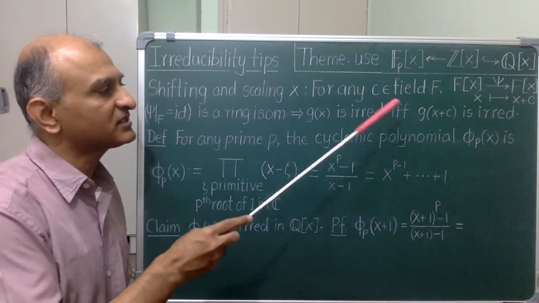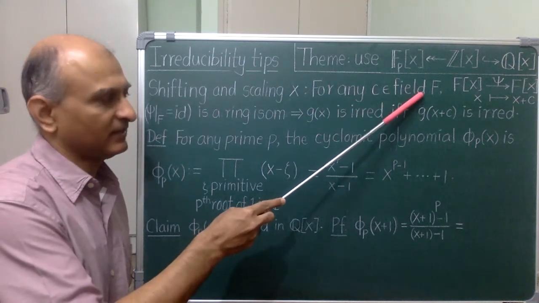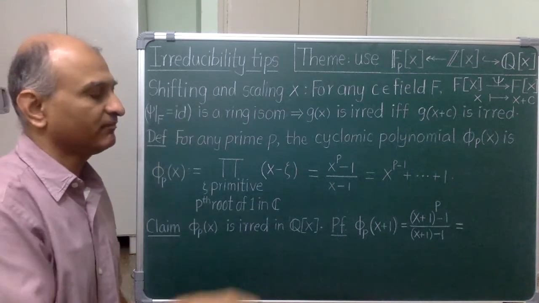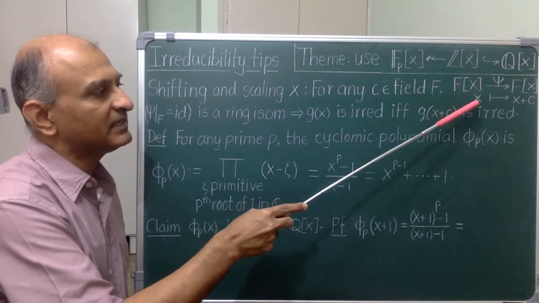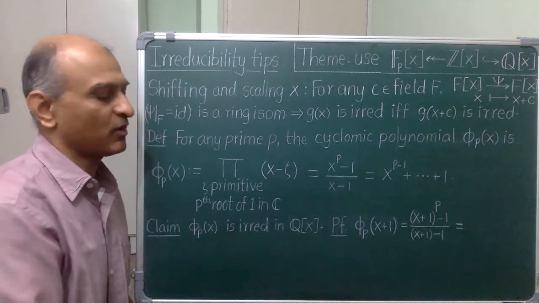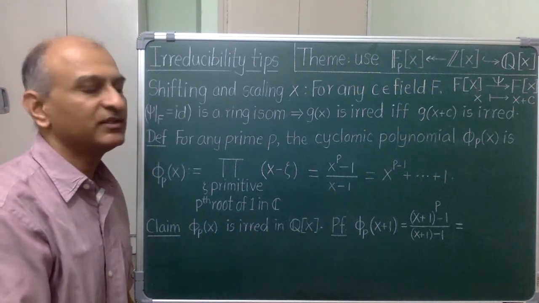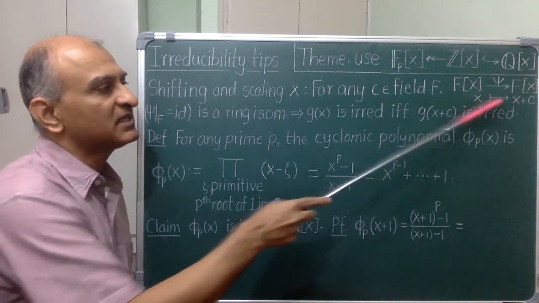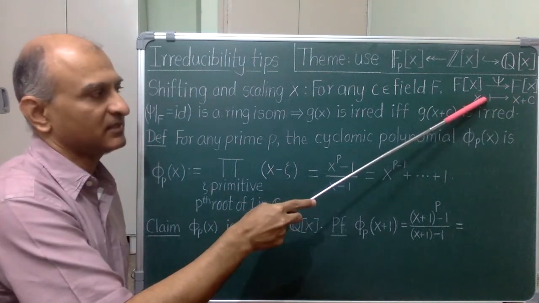Suppose I take a constant c in really any ring, and I extend the identity map on the base ring to the polynomial ring by sending x to x plus c. Now, this map is a ring isomorphism. For example, I can use the substitution principle again to construct the inverse, sending x to x minus c.